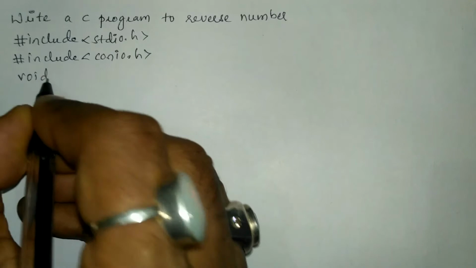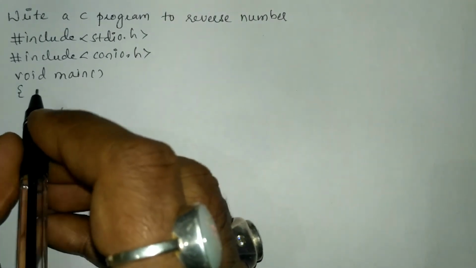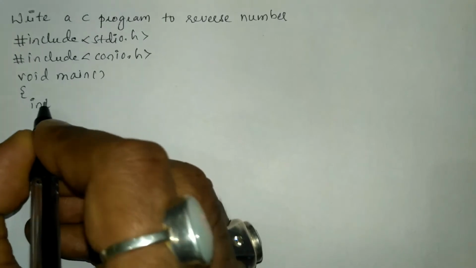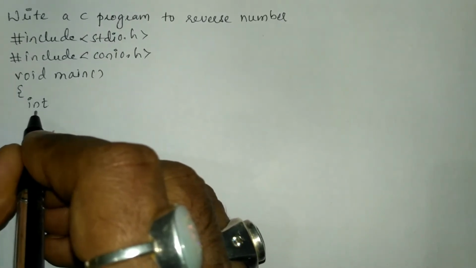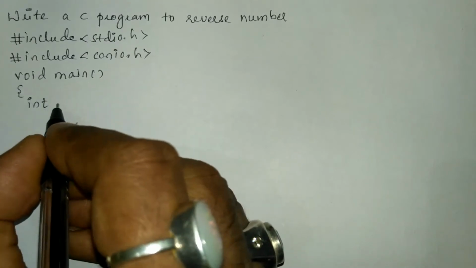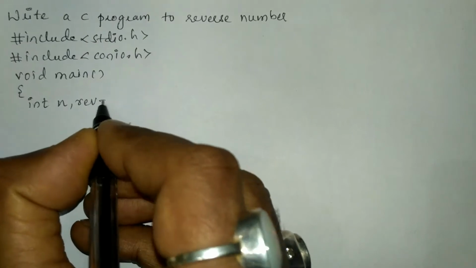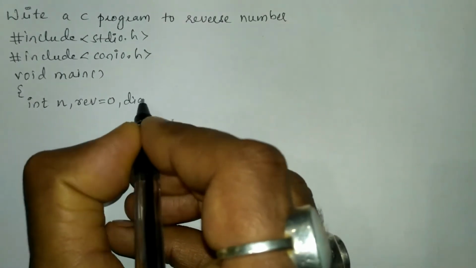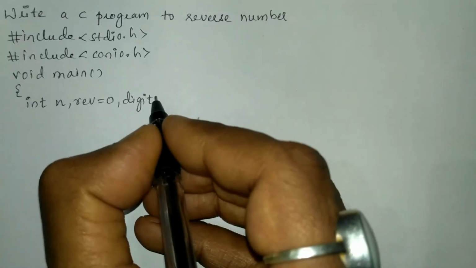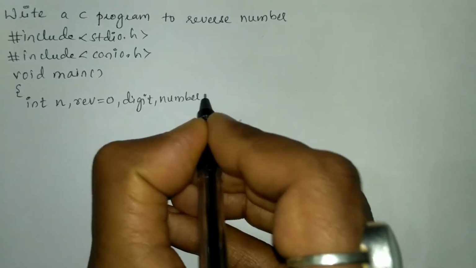Now we'll write the void main function, curly open brace, and here we are going to declare all the necessary variables which are to be used in the program with their respective data types. Here I am using int n as a variable, rev for reverse is set to value 0. Next I'll take one more variable called digit, which is used to take the remainder, and then number to keep